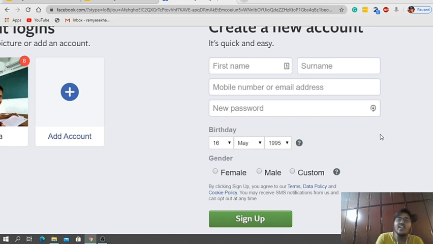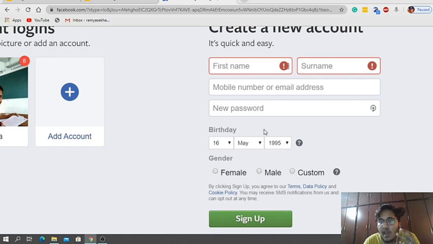As you can see here, we will have many variables: first name, surname, mobile number, new password, date, gender. There are 7 to 8 variables here.